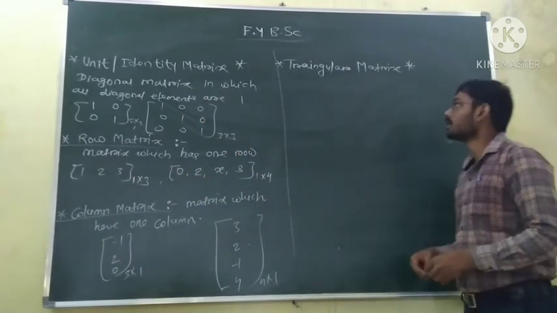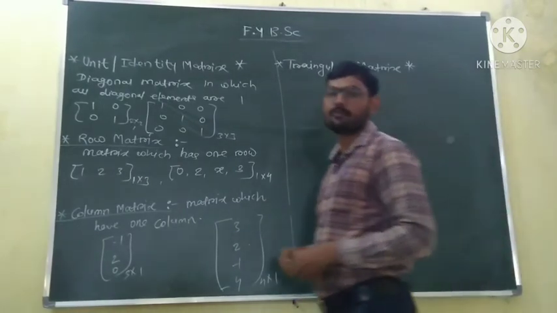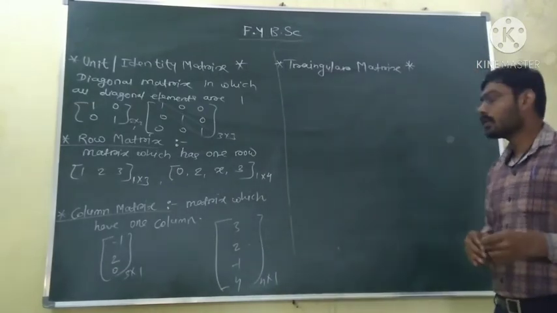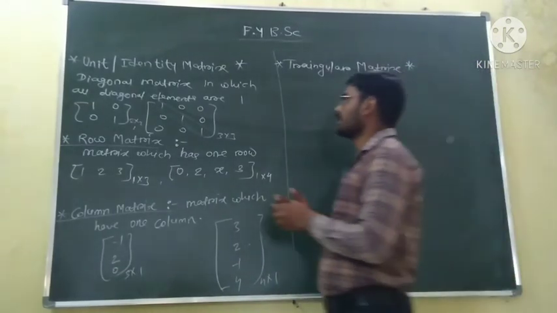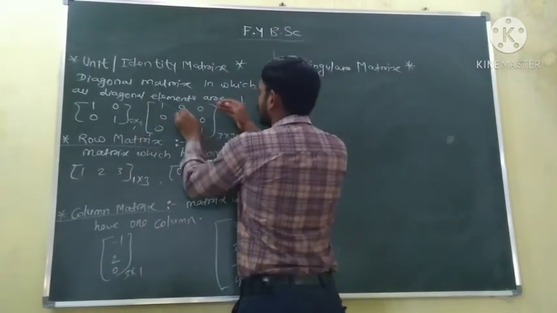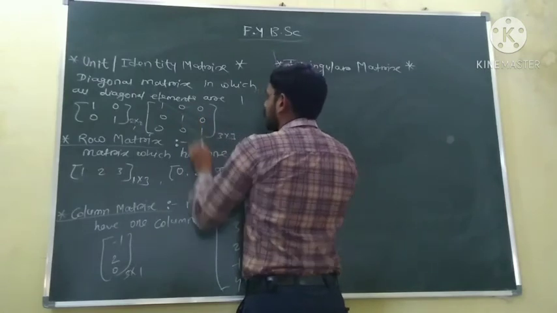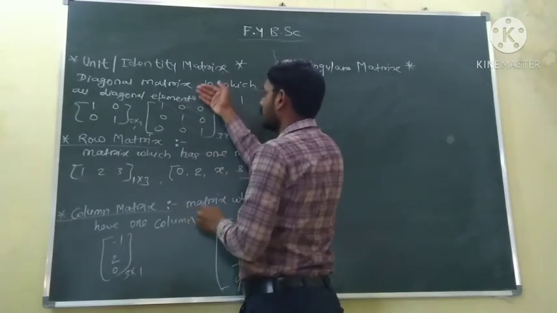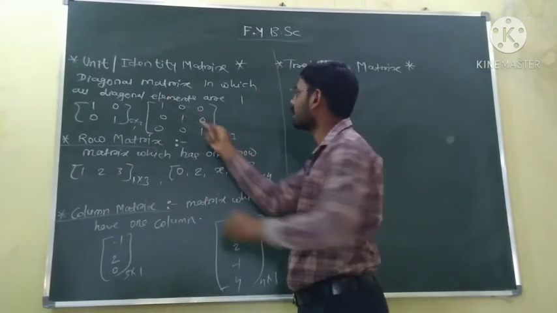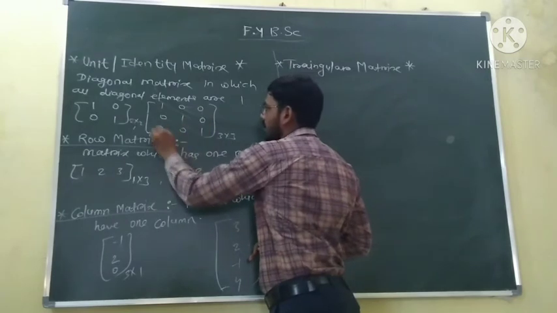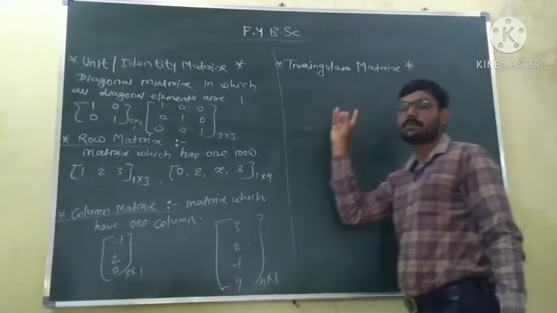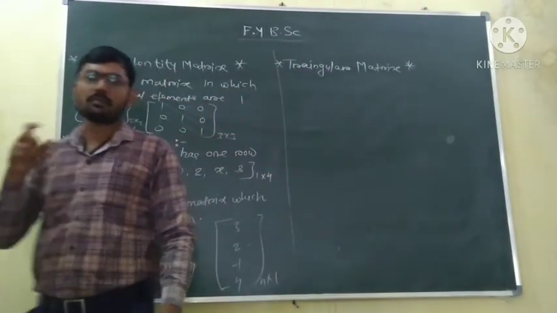Next important matrix type is known as the triangular matrix. Before going to the triangular matrix, suppose this is the diagonal of the matrix. This part is known as the part above the diagonal, and this part is known as the part below the diagonal, and each looks like a triangle. Depending on this, there is a new type called triangular matrices.